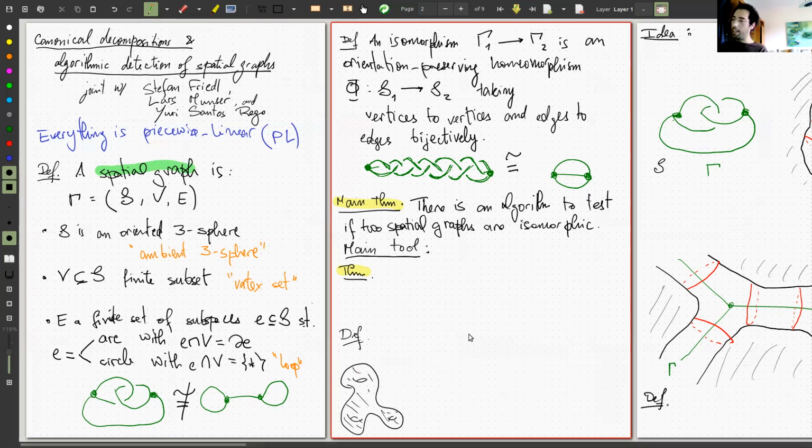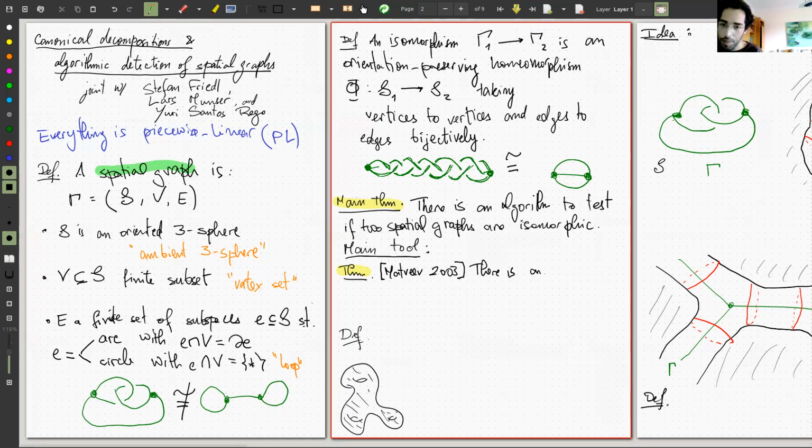Okay, and I'll already spoil the main thing we're going to use in order to prove this theorem. This is a result of Matveev. He wrote a very large volume with lots of results in computational three-dimensional topology, and this is one of the main results in that book. We call it Matveev's recognition theorem. It says that there is